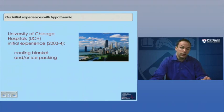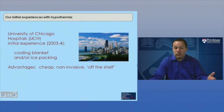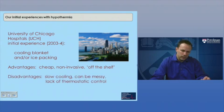It's what we had. Now, packing patients in ice, it's cheap. Every hospital has ice machines. And it's non-invasive. We're not sticking specialized equipment into patients to cool them. But there are some serious disadvantages with packing in ice, and we experienced this firsthand. It was messy. There were puddles on the floor, and patients